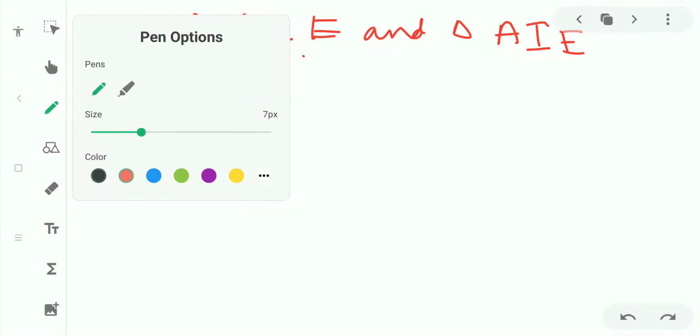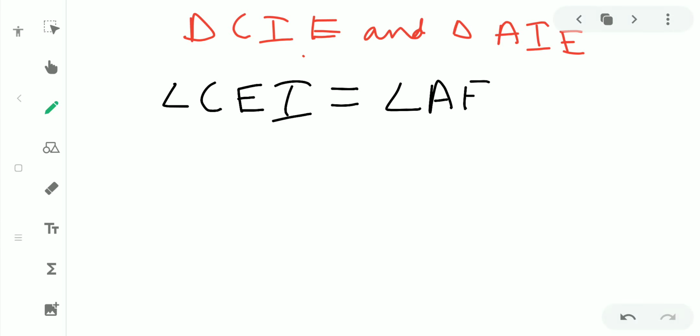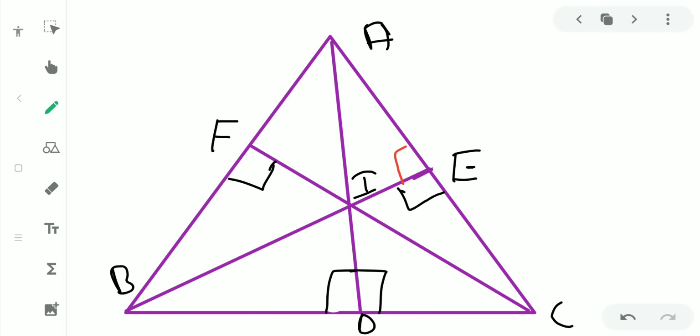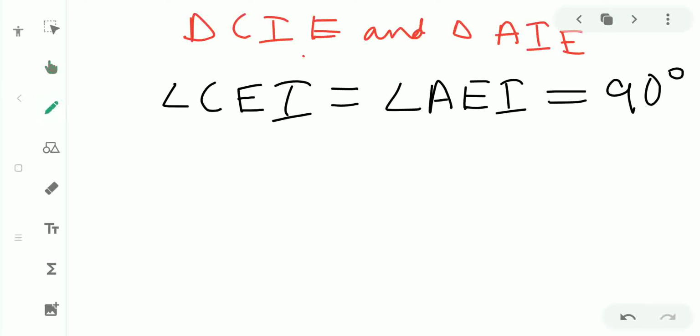Angle CEI is equal to angle AEI, which is equal to 90 degree. So both are equal to 90 degree. And we have the common side, IE is equal to IE common,